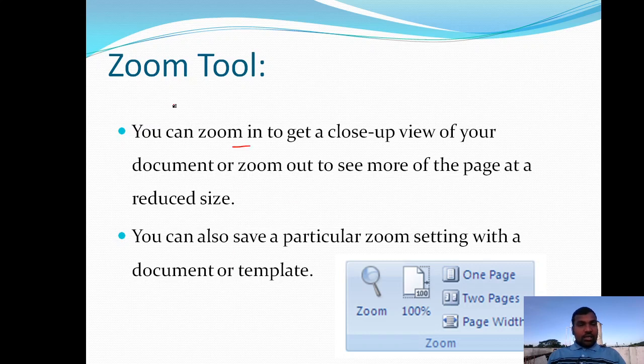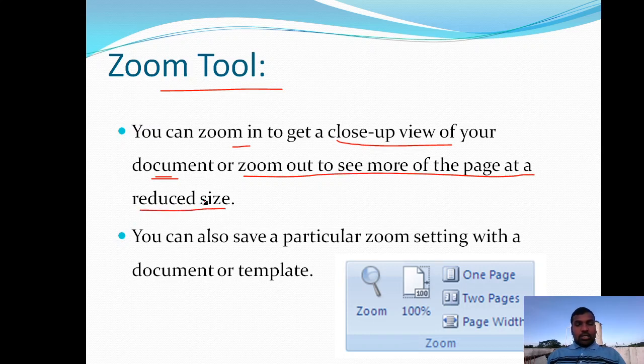Next, the zoom tool. This zoom tool we are using for the purpose of a close up view of your document. You can zoom in to get a close up view of your document, or zoom out to see more of the page at a reduced size.